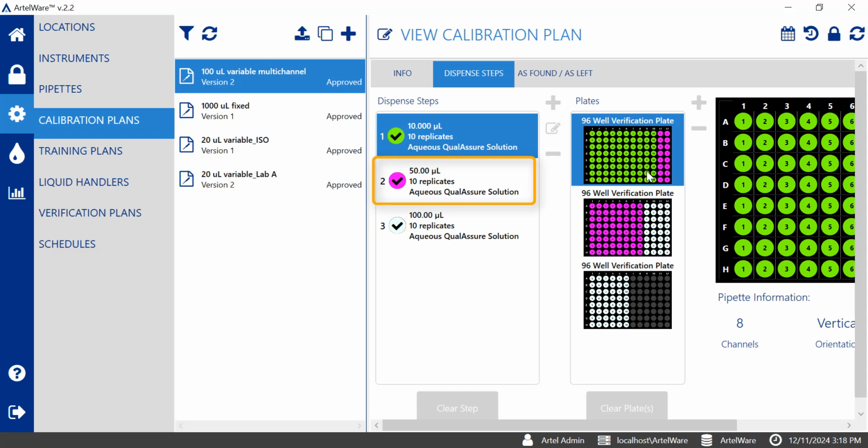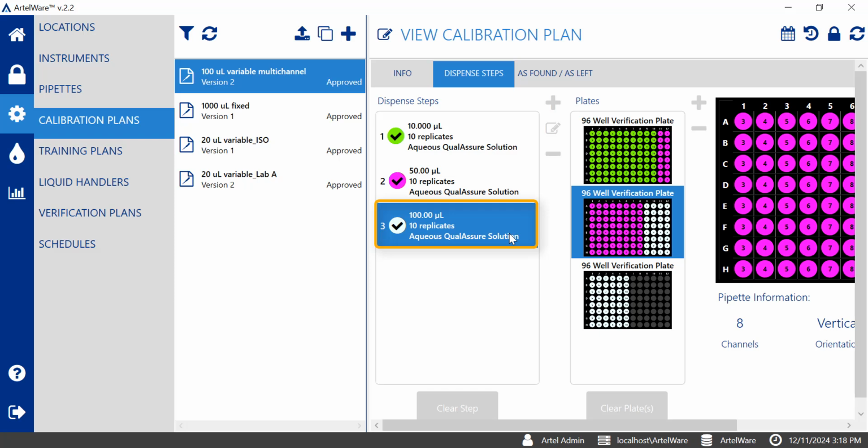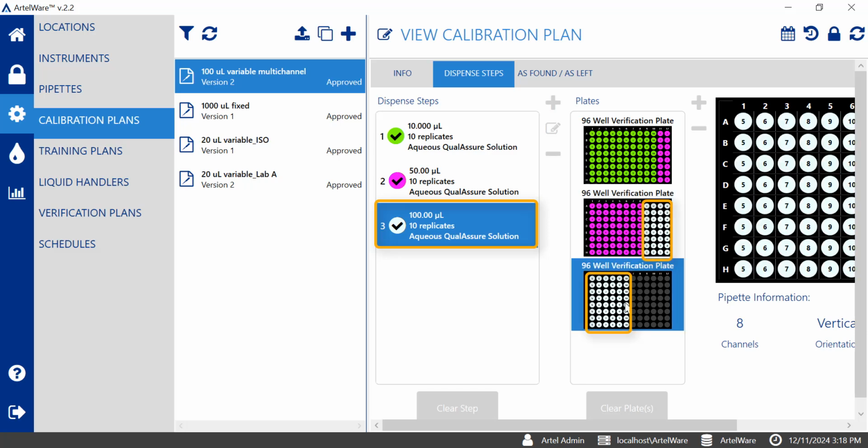So you can see that those 10 replicates at 50 microliters are represented by the purple columns on the first plate and the purple columns that are on the second plate as well. Last but not least, I'll be testing or calibrating this pipette at 100 microliters. You can see my 10 replicates consist of the last 4 columns in the second plate and the first 6